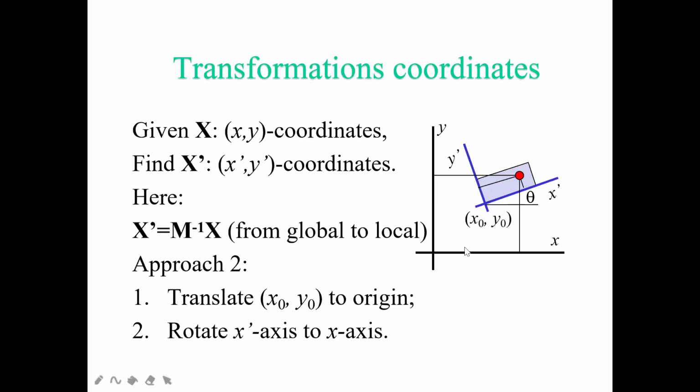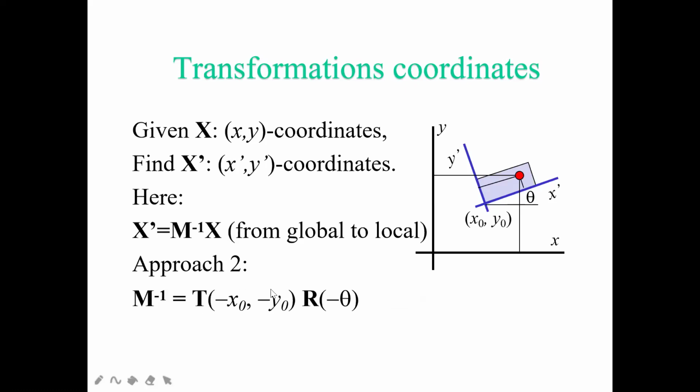So first you translate the origin, this origin x0, y0. First you translate, then you rotate. These two things we can do over here. If I do the translation, my x0 and y0 will be negative because it is an m inverse. Then the r value will also be minus theta because I'm going to find m inverse. If I take only m, then negative values won't be there. So that is a way of finding your inverse coordinate system. That can also come in your question, so you have to see and do the answer.